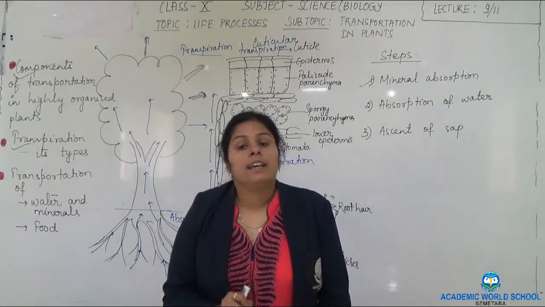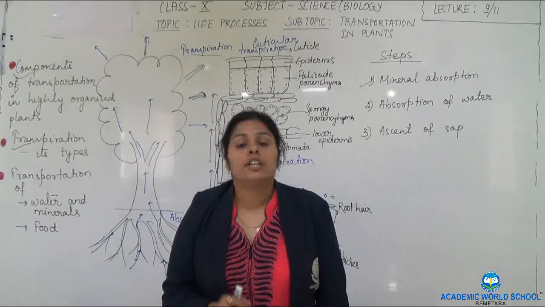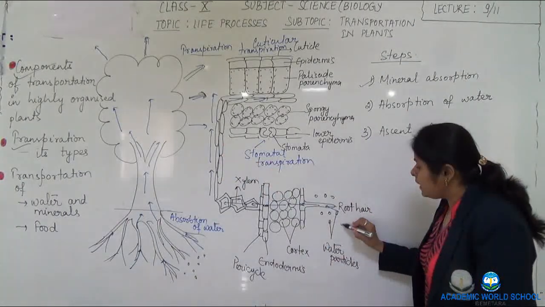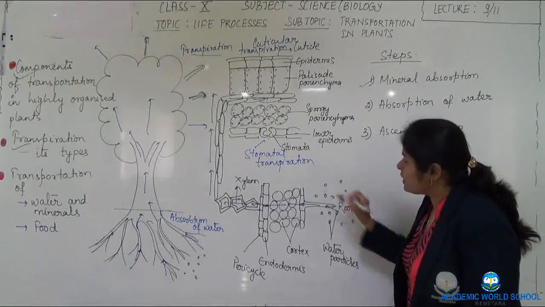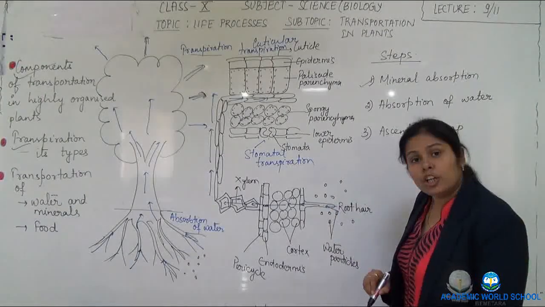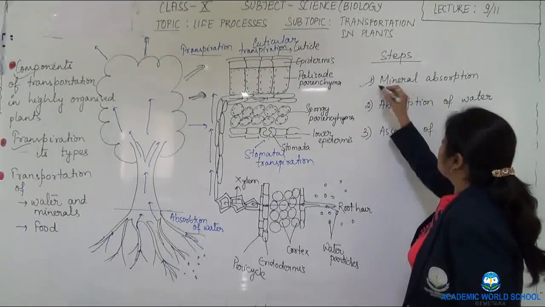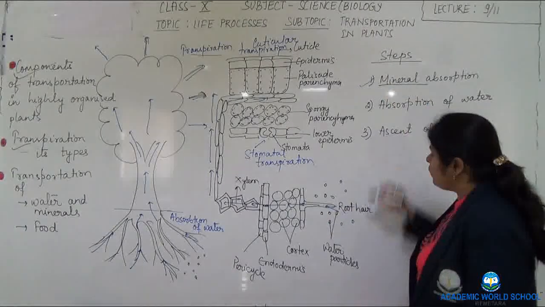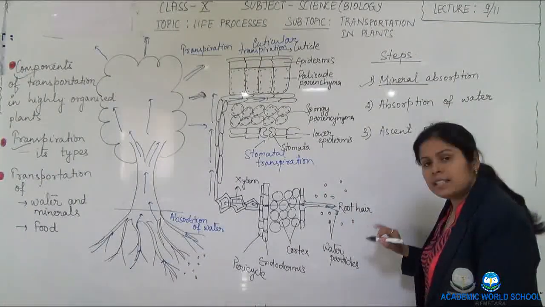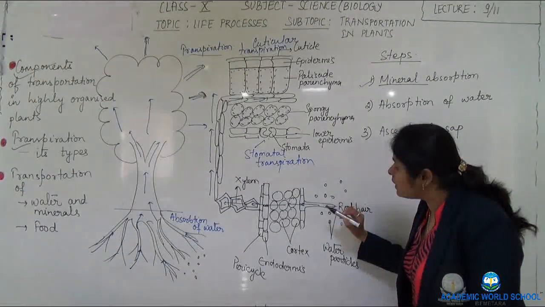Osmosis is a process in which water travels from its higher concentration to its lower concentration through a semi-permeable membrane. Now see here, the water present in the soil particles has a higher osmotic concentration in the soil as compared to the cells inside the root. So water will travel due to osmosis, we understand it, but why will the minerals travel? Minerals will enter with the water only with the expenditure of energy, because the mineral concentration in the soil is higher than the mineral concentration in the cell of the root hair.